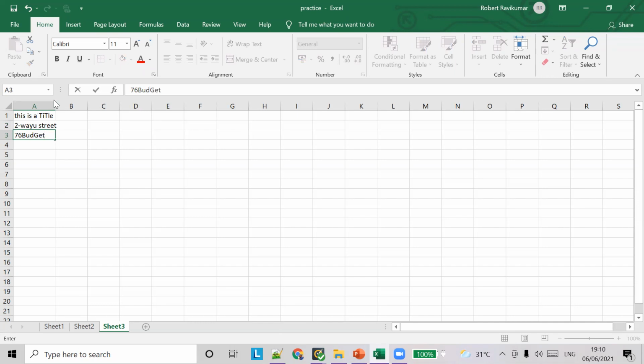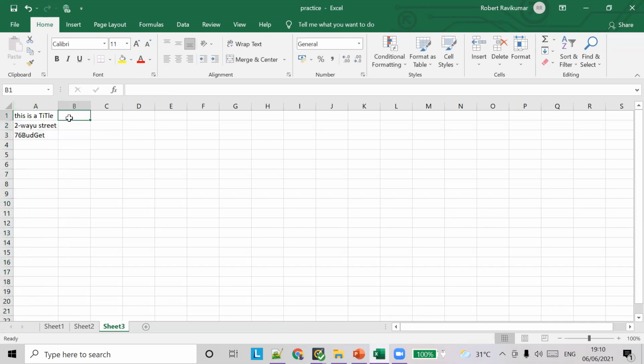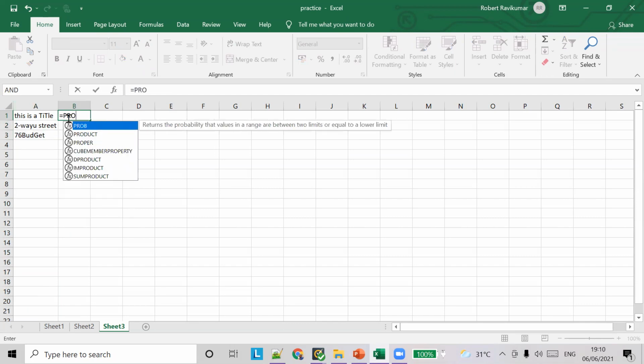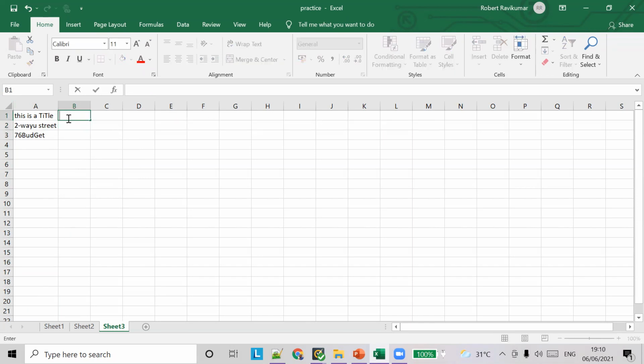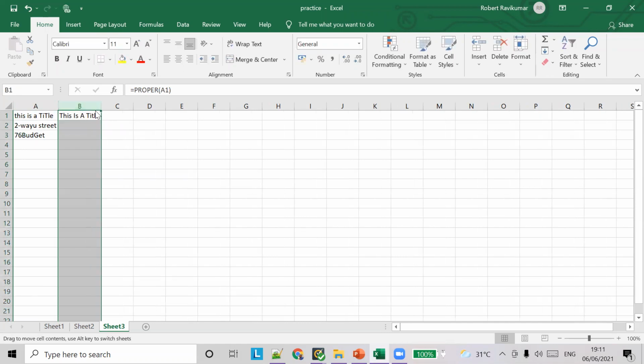So we're going to apply the PROPER functionality to all the characters. So the formula is PROPER of A1, close the brackets. And let's see how it works.